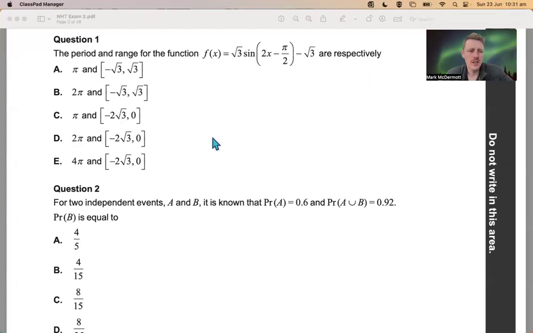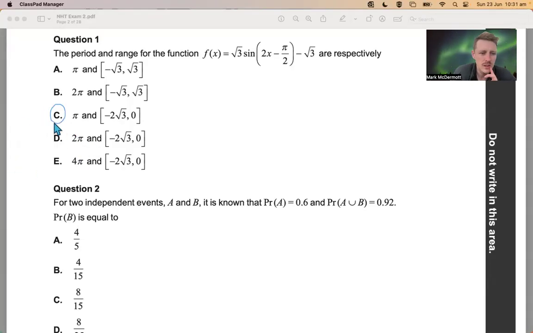All right, so I'm going to look at the 2024 Northern Hemisphere Methods exam, part two, exam two, multiple choice. Question one: the period and range of the function f of x equals root sine 2x minus pi on 2 minus root 3, respectively. Okay, I think the answer to this is